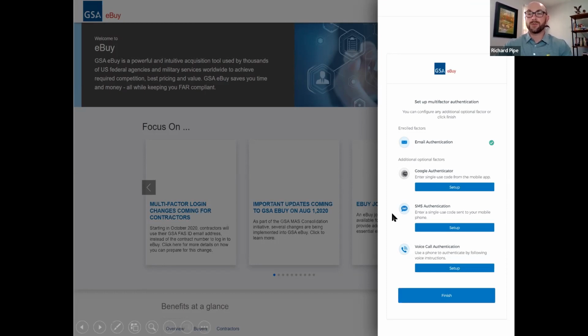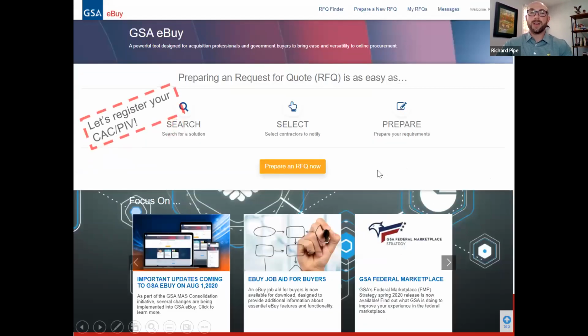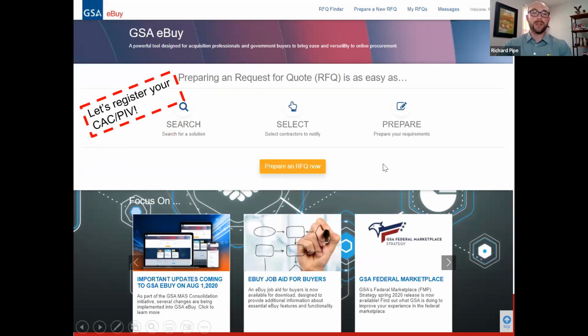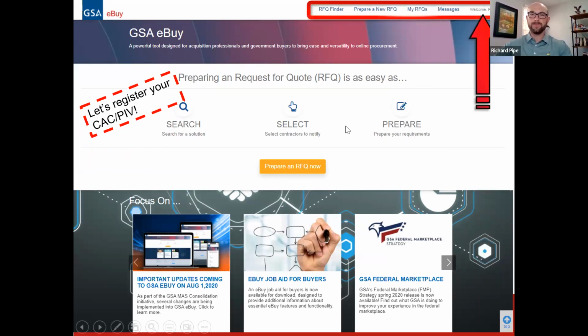The email is the only one that's required. But I just wanted to show you there are a couple other different options here. So now let's show you how to set up your CAC and PIV, because I don't know about you all, I have way too many passwords and usernames as it is. I'm always forgetting them, or I'm always having my phone remember them, so I don't have to remember them. So let's show you real quick how to set that up, and it's going to make your life